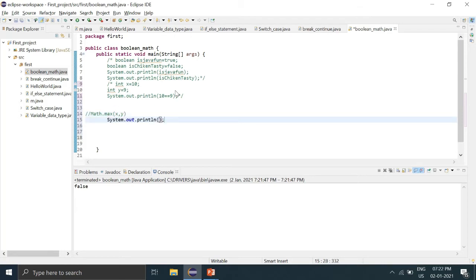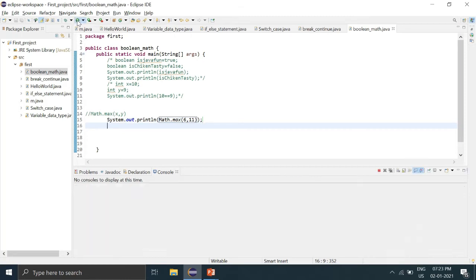So the Math.max(x, y) method can be used to find the highest value of x and y. I'll just try to print, and instead of x, y, I'll say 6, 11. So the Math.max method will check these two numbers and print the maximum value of the two. So between 6 and 11, 11 was the maximum number. That's why it prints